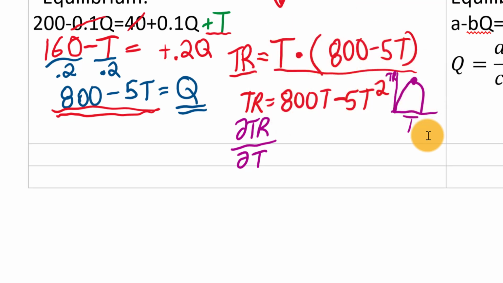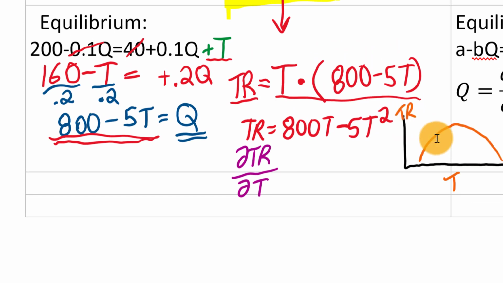So here what we're saying is we're going to choose T. We're going to adjust T. Here I changed this graph just a little bit to get a better view. We're going to change T until we see for what value of T, for what tax rate per unit, we can find a place where it is flat and therefore the tax revenue on the y-axis is maximized.